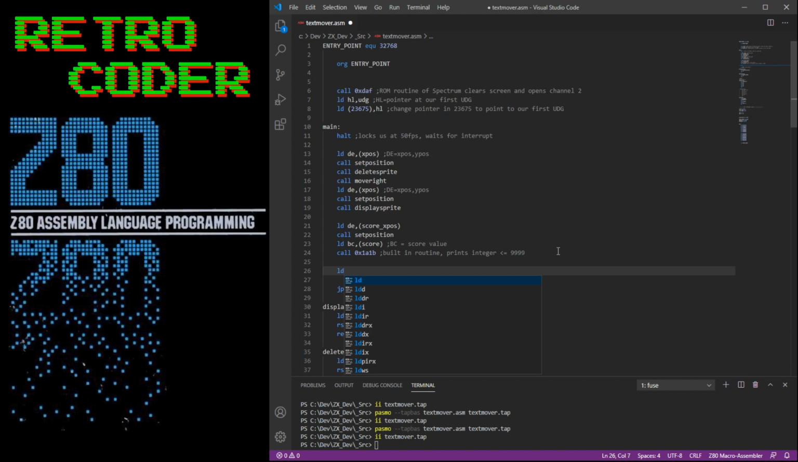I don't know your level of knowledge, but what I'm doing, LD here, is an instruction, part of the assembly language. There's not that many instructions. That's what I love about assembly. It's not that many, and you can learn them all pretty quick. BC is a register, which is part of the